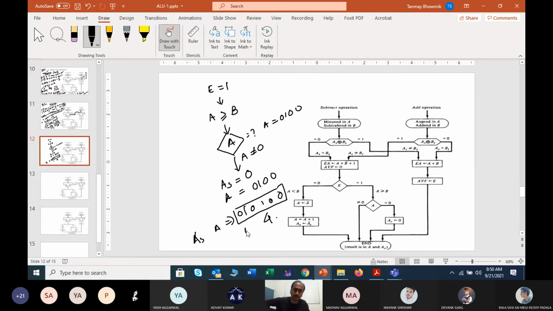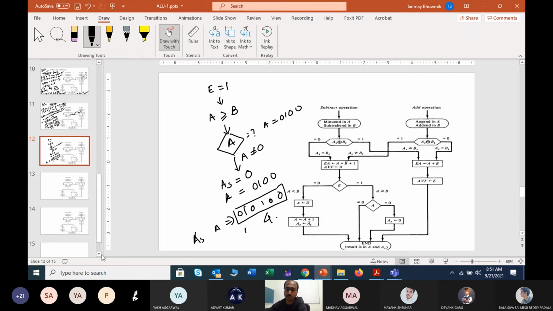Okay, so 2 examples covered. Both of them are in case of addition, right? For the first case, it was the addition between 2 positive numbers. For the second case, it was the addition between 1 positive number and 1 negative number. And we see that whenever the XOR operation is giving you the result 1, it is simply an example of subtraction. Okay, and it has been moved to the subtraction block, left hand side.